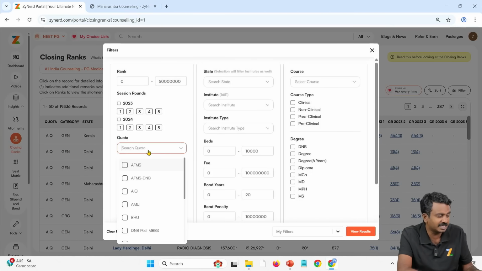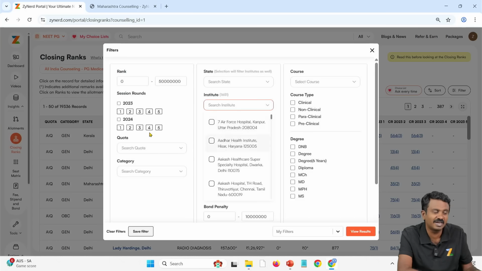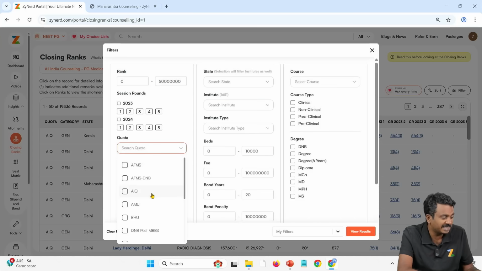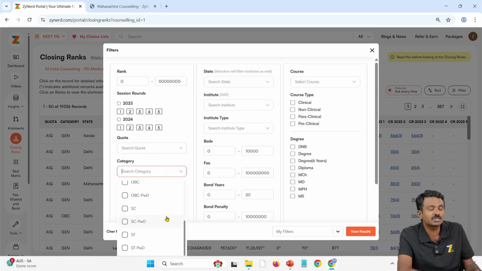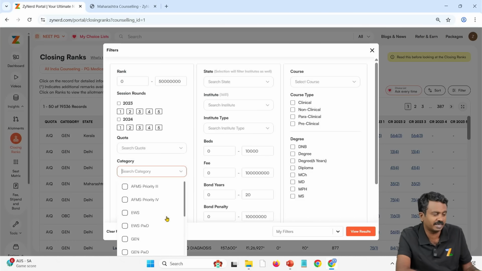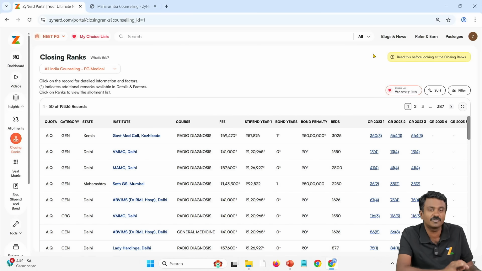What are we going to see in this? There are multiple quotas here. If you have gone through the demo, you know what courses, states, institutes, institute types, filters and rounds are, etc. But these quotas for All India Counselling, we will explain to you now. Which quotas to select, when is what, we will be explaining it to you. That alone is the purpose of this particular video, and we'll also give you the basic rules of round-wise upgradations